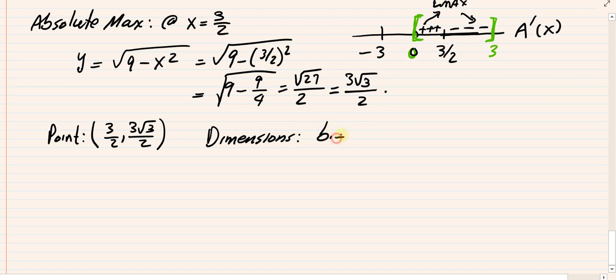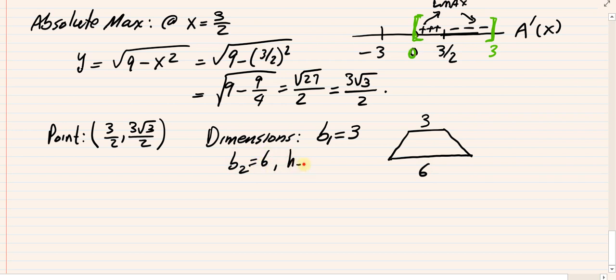So let's call it one base is going to be 3, right? Remember, that's this one, 3. The longer base is 6, which lies on the x-axis, right? B1 is 3, B2 is 6, and of course the height, called it h, was 3 root 3 divided by 2,